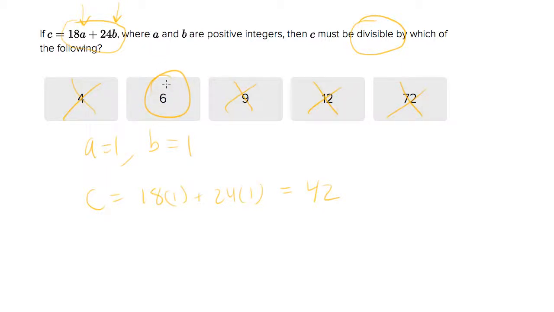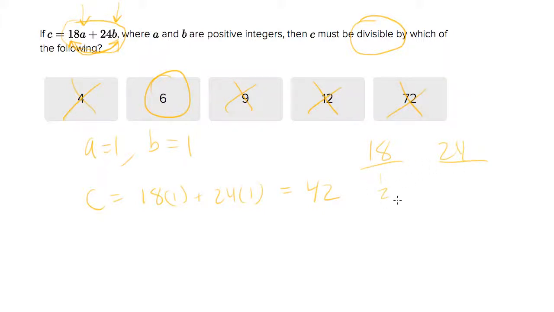Now, if you want to know the logical shortcut for this question, the thing to realize is that if you're creating sums, so if we're adding 18 and 24 to c over and over again, that'll always be divisible by things that 18 and 24 are both divisible by, right? So you can list the factors. I do this in my head again, but if you list all the factors of 18 and 24,